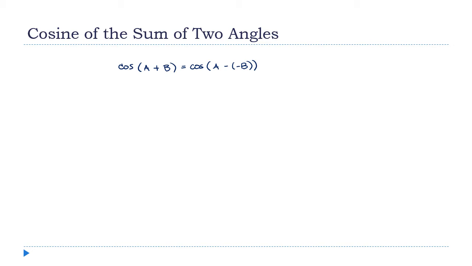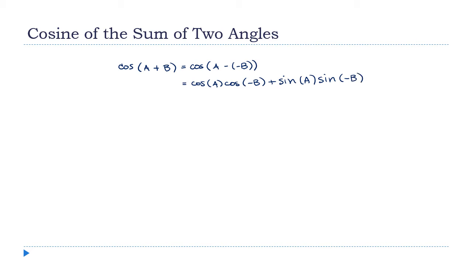I have a formula for the cosine of the difference. So all I'm gonna do is drop these things into it. This is the cosine of A times the cosine of minus B plus the sine of A times the sine